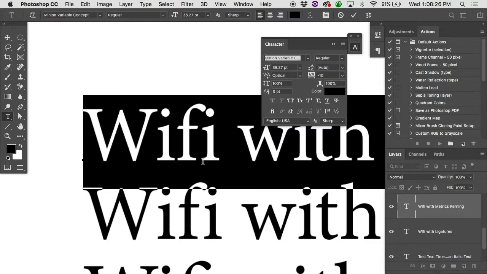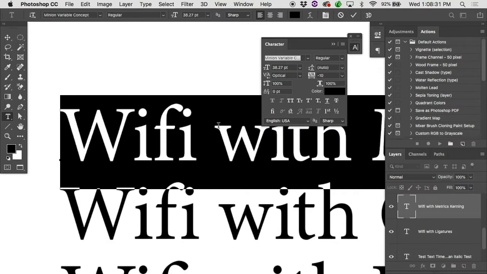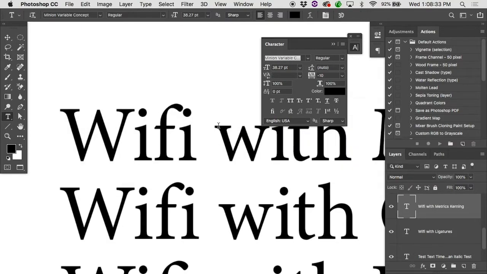So it shifted the I over. You get a bit of a wider gap at the bottom, but at least you don't have this going on. And for a modern word like Wi-Fi, you'd probably just do that. Change the kerning from metrics to optical. Problem solved. Although, let's say there's a theater company that was coming in and they were doing like, The Marriage